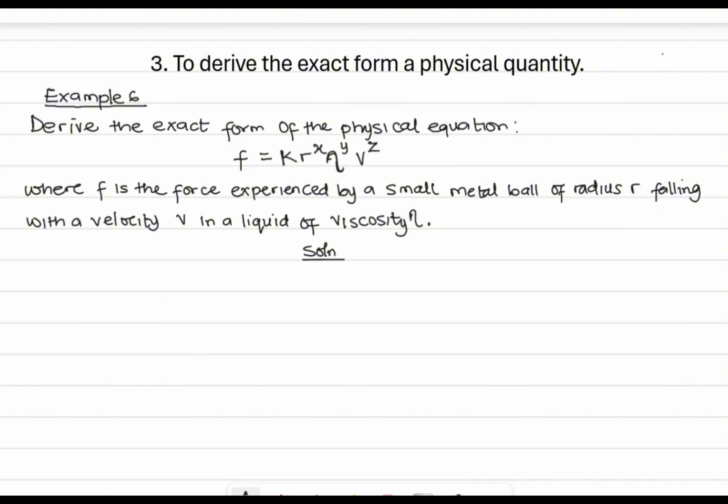Look at this question, example 6. Derive the exact form of the physical equation where F is the force experienced by a small metal ball of radius r falling with a velocity v in a liquid of viscosity. So now we're going to write F is equal to K r raised to power x, and then viscosity raised to power y, and velocity raised to power z. And let's write out where